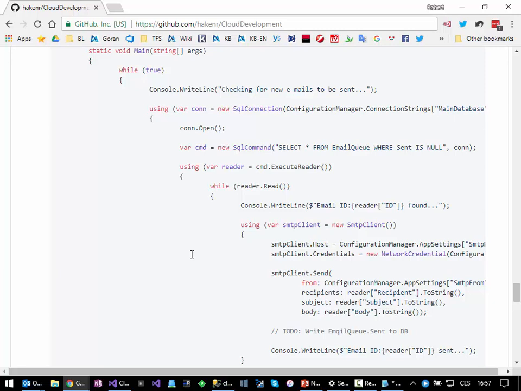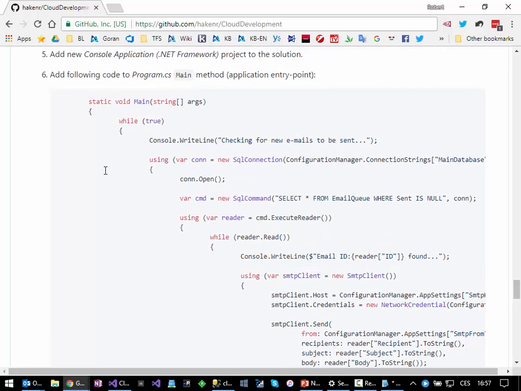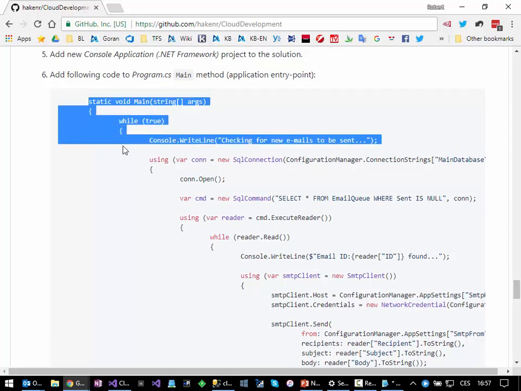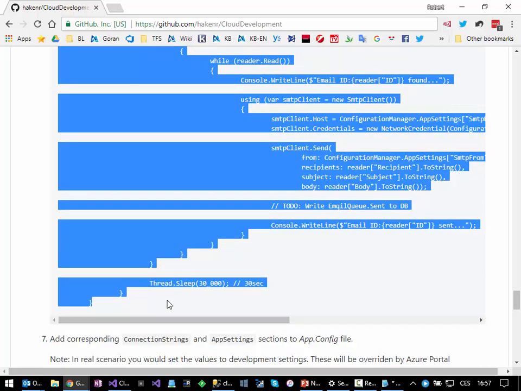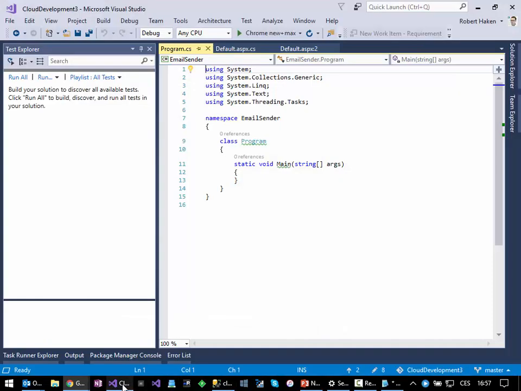If there is any error in the email, you don't want the whole job to fail and stuff like that. But for this specific lab, I will use this very simple code here,